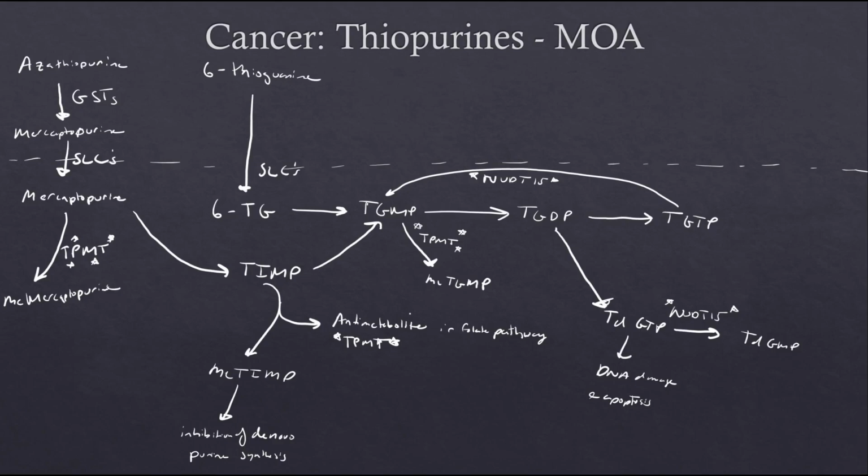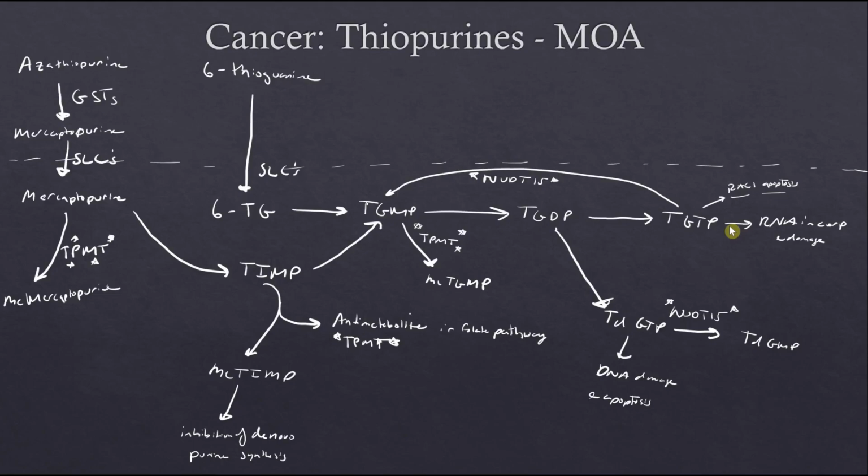And that's where it has two effects, one being RAC1 mediated apoptosis of the cell, and then incorporation into RNA, causing RNA damage and cell death. So we can see here the three thiopurines have a common metabolic pathway where they actually have their pharmacodynamic or therapeutic effects mostly in common, except for thioguanine, which has some differing effects where they don't go down the pathway of TIMP. So let's go ahead and see what the pharmacogenetic effects on this initial slide will be with the thiopurines,